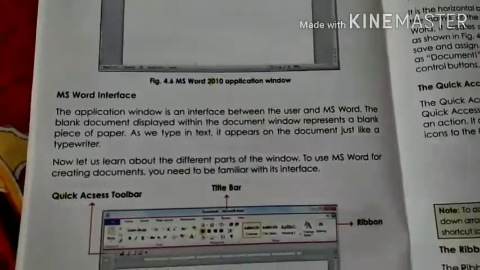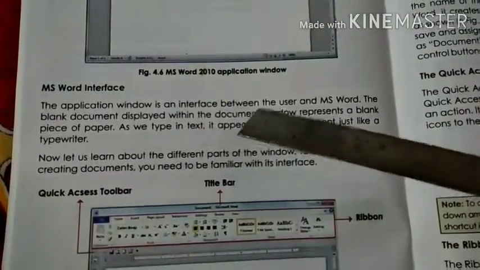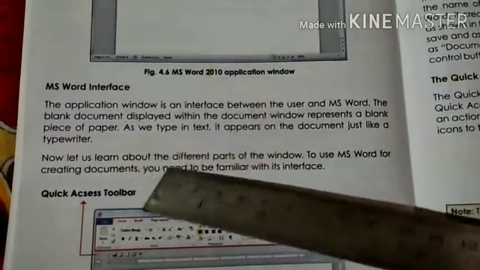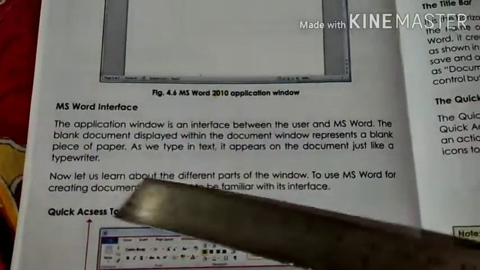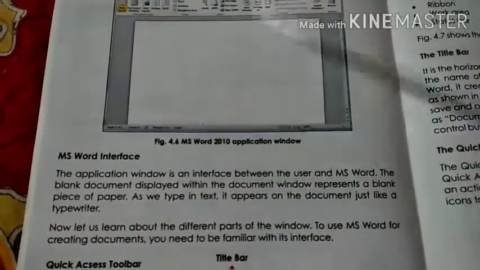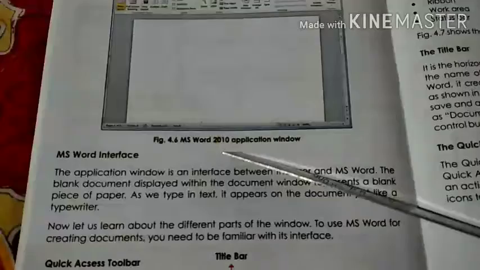MS Word interface. The application window is an interface between the user and MS Word. The blank document displayed within the document window represents a blank piece of paper. So you can see a blank document is there.